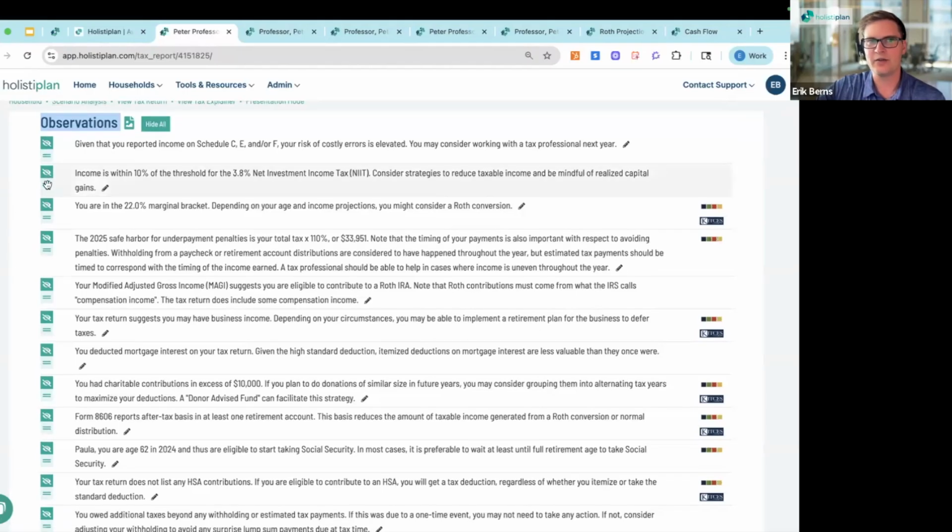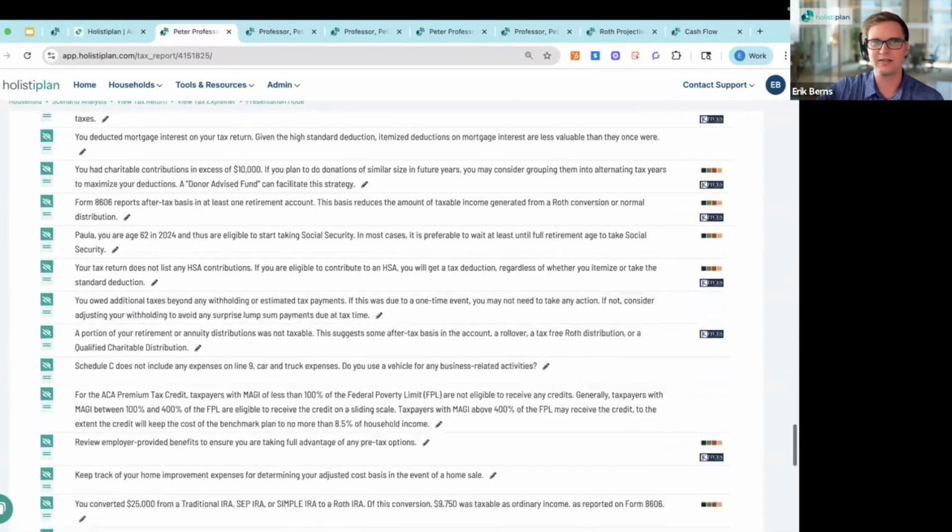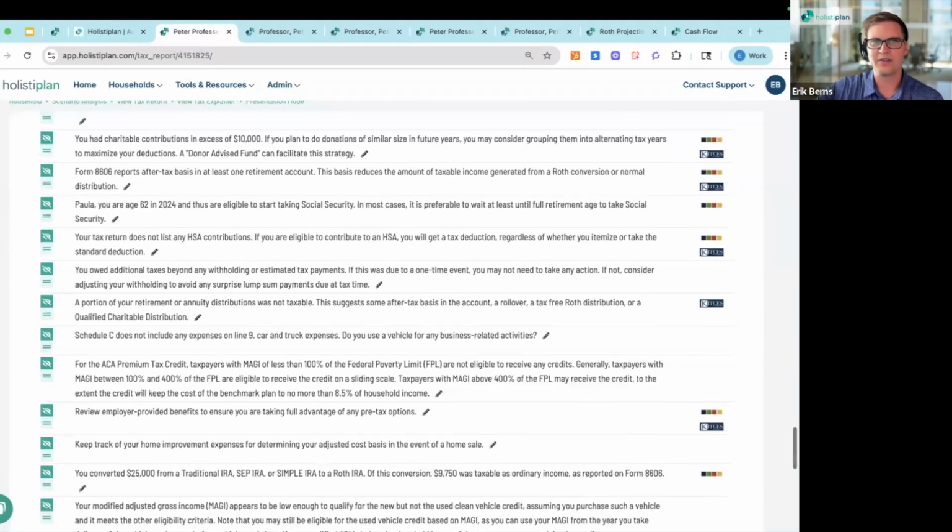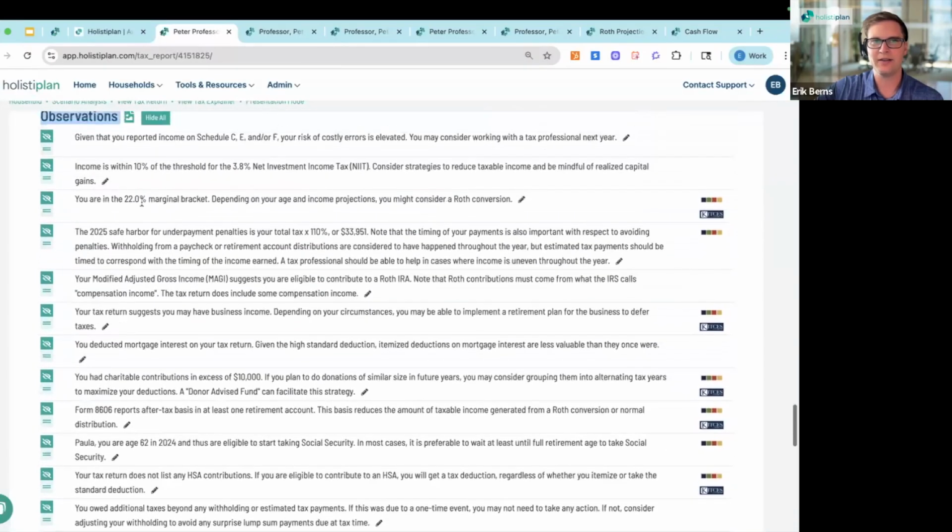I'll highlight that you can reprioritize, you can hide things on this report, you can edit. Our language is always going to be really soft because they're observations, so it's not giving a direct recommendation. It's more like targeted education, where it's showing, you could think about this, this, and this, these opportunities that you have. So I'll actually scroll up again, but it talks about capital gains, it talks about Roth conversions,